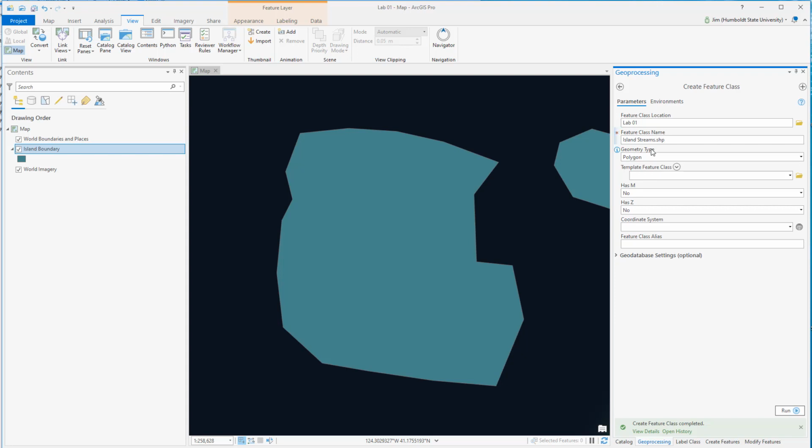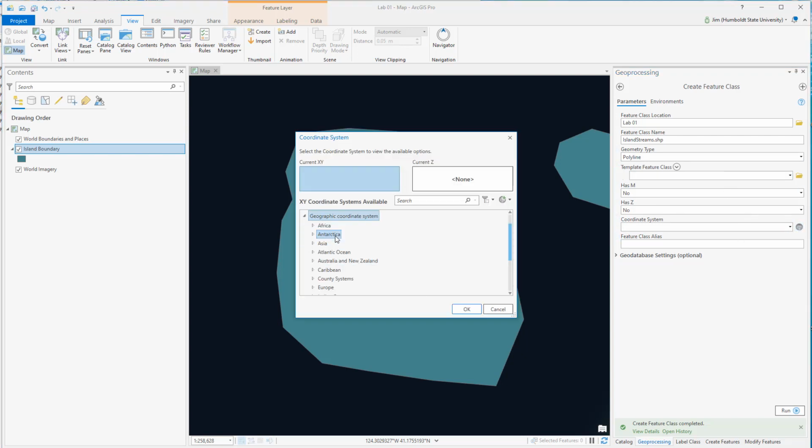streams.shp. Now, spaces are okay most of the time, but if you're going to move this to other systems and older software, you may have a problem with spaces. So I'm going to start getting rid of those. And then we can go to polyline, and I'll show you what that is in a second. Again, I'm going to ignore these other settings for now and go to geographic coordinate system, world,